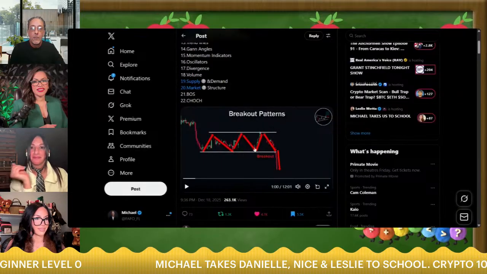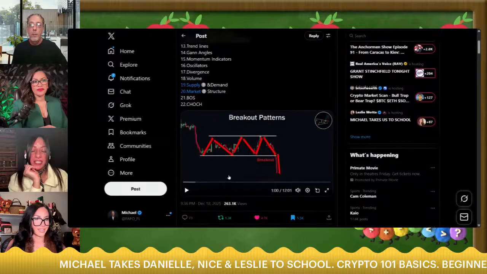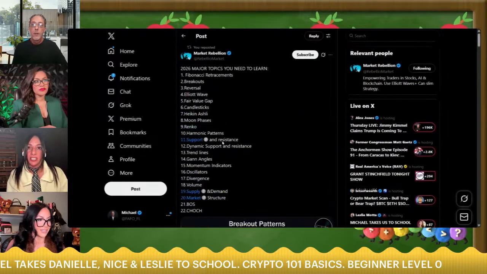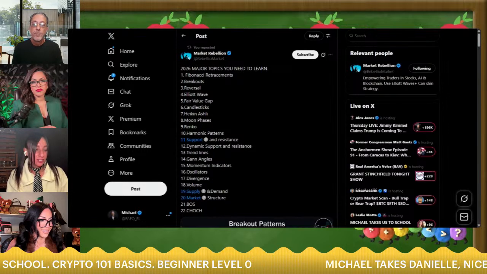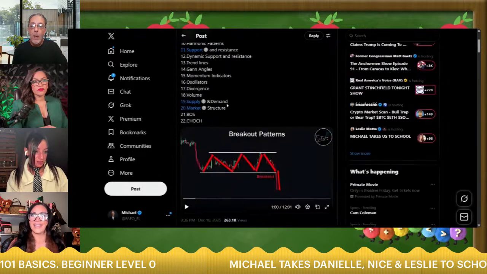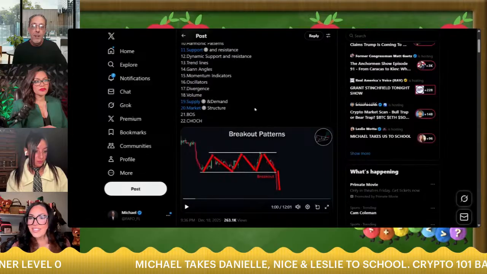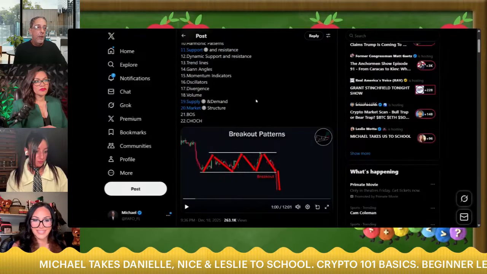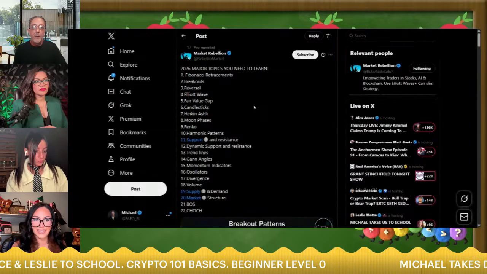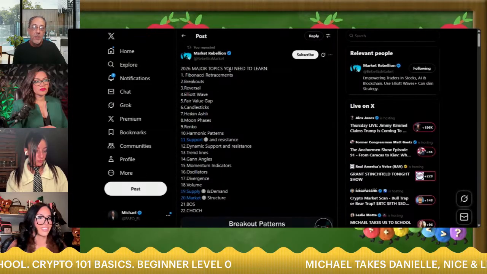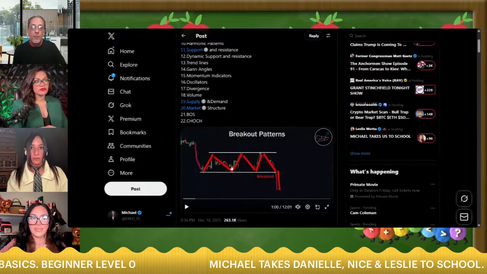To take advantage. Cool. What's that? The Fibonacci? What is this? It's just an indicator that you can use to put on your chart, to try and gauge when it might be a good time to get into a trade. This is kind of like what all these little things here are for.